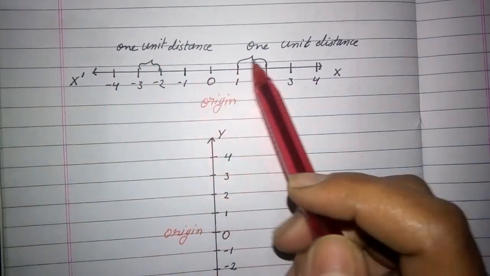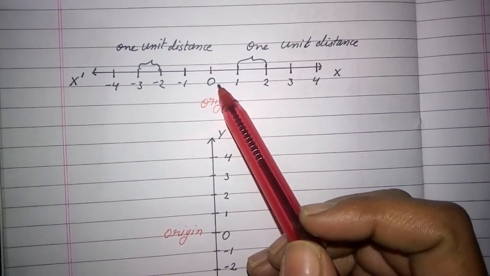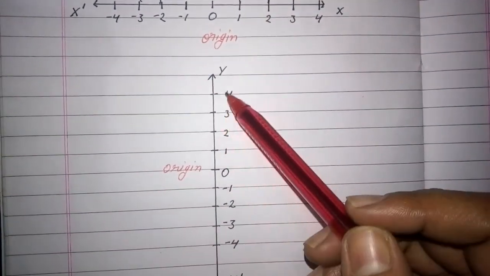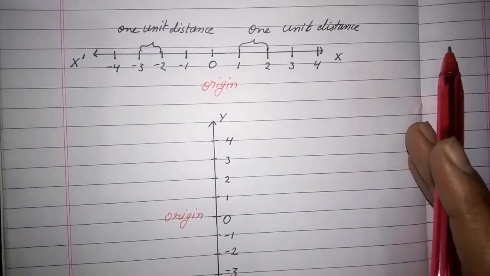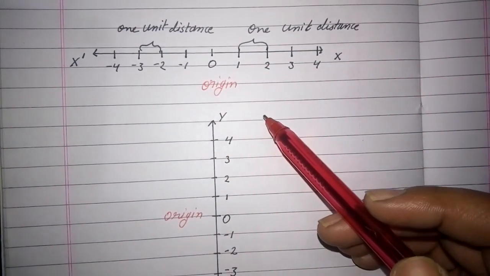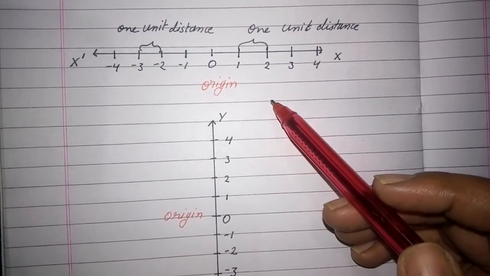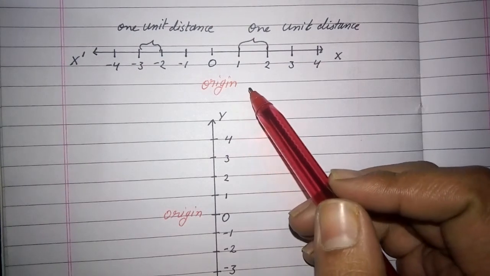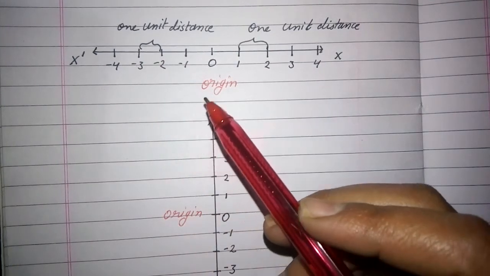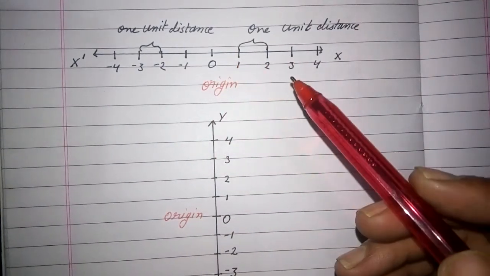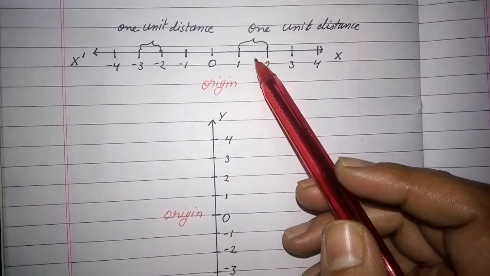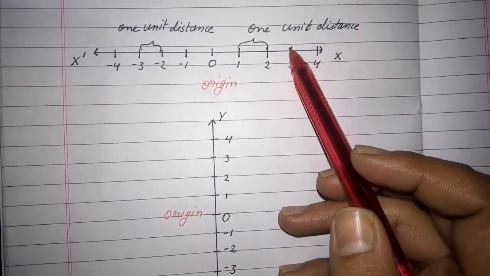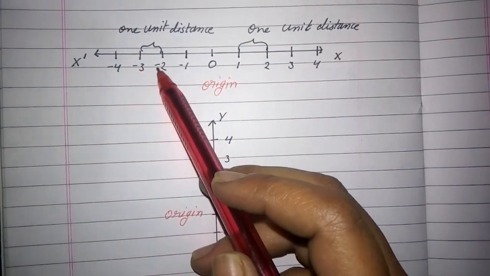Now see, this is a number line, a horizontal number line, and this one is the vertical number line. You are already familiar with these number lines from previous classes, or from the chapter on number system. You studied the number line, how to locate positive and negative numbers on it. So this is a horizontal number line. If you have to locate the number 3, this is the position of 3 on the number line, and this is the position of minus 3.